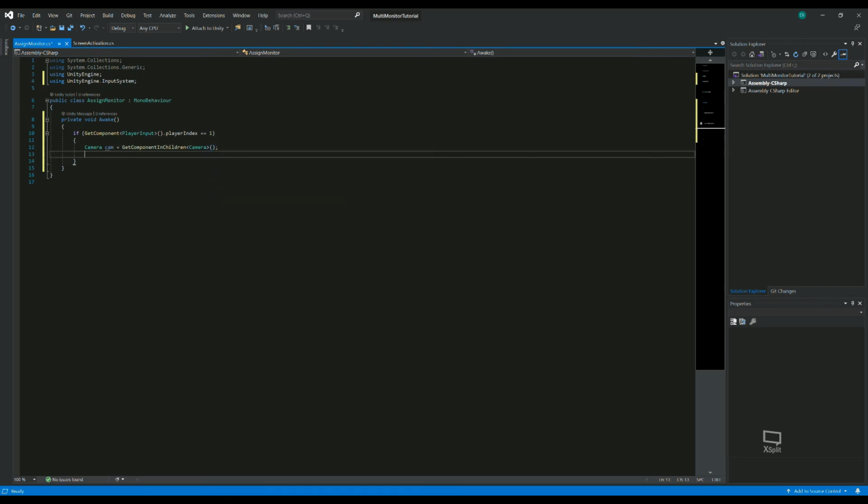And then we're going to set that player's camera, their target display,